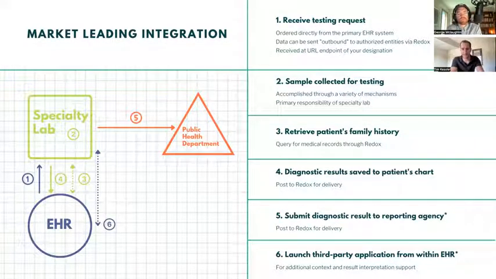In both these scenarios, you leverage Redox's SSO data model, and we could exchange the context associated with when that application is being launched, generally by the provider from within the encounter flow in the EHR. This could open a window that displays a third-party UI. So you'd be responsible for generating basically a web application that could be launched from directly within this SSO window. There's going to be quite a bit of context that we can share at this point. So when this window launches, Redox will be passing data through this SSO handshake or SMART on FHIR handshake to ensure that you have details about the provider who's